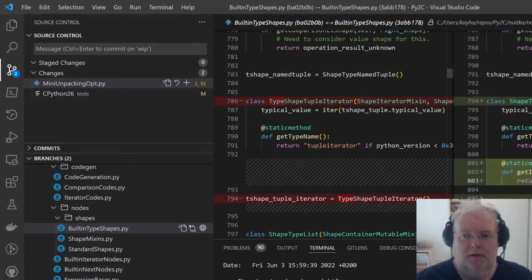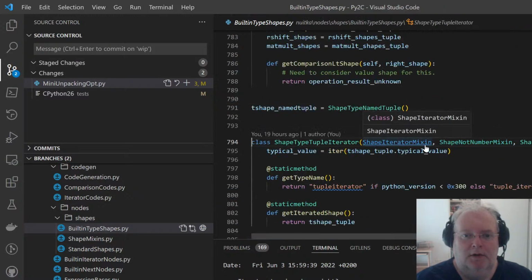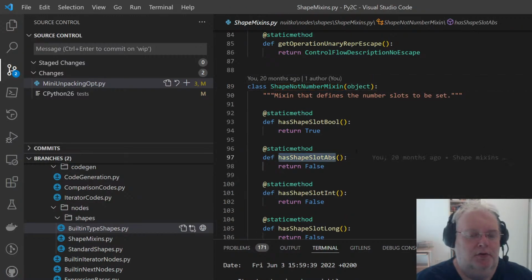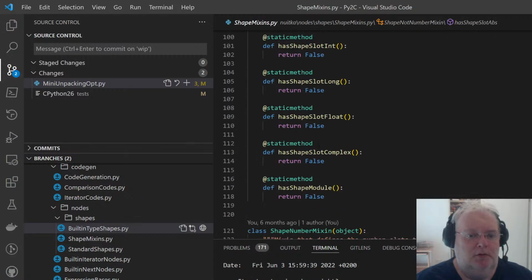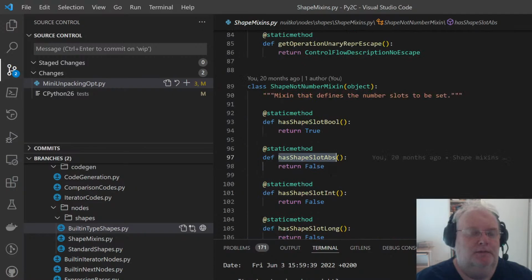So a tuple iterator iterates over a tuple, and for example, every iterator, or let's say it's not a number, abs will not work, int will not work, long will not work, module will not work.